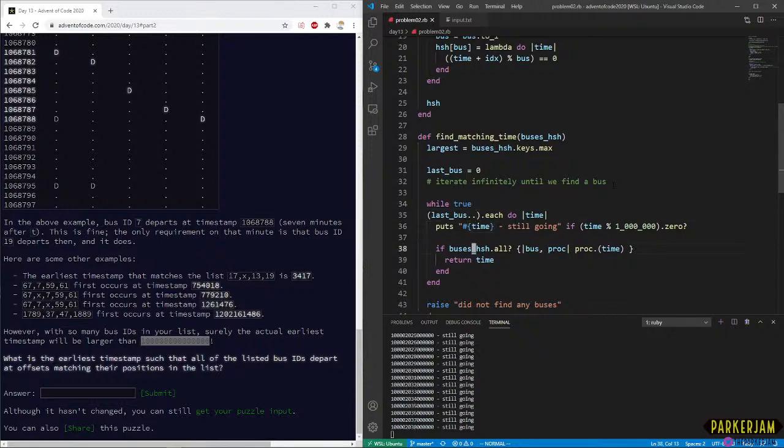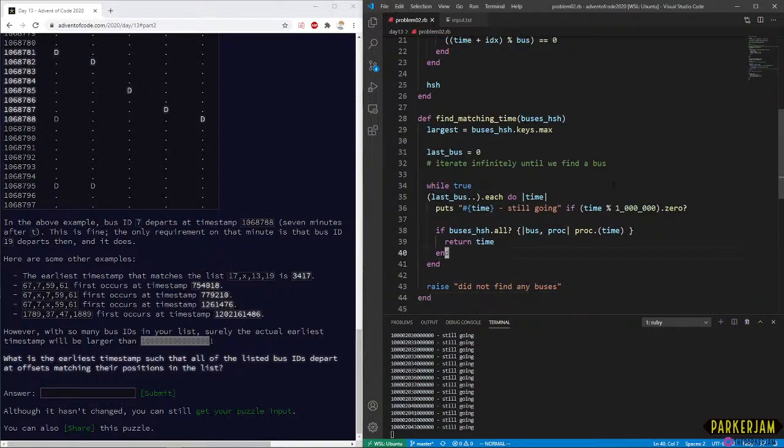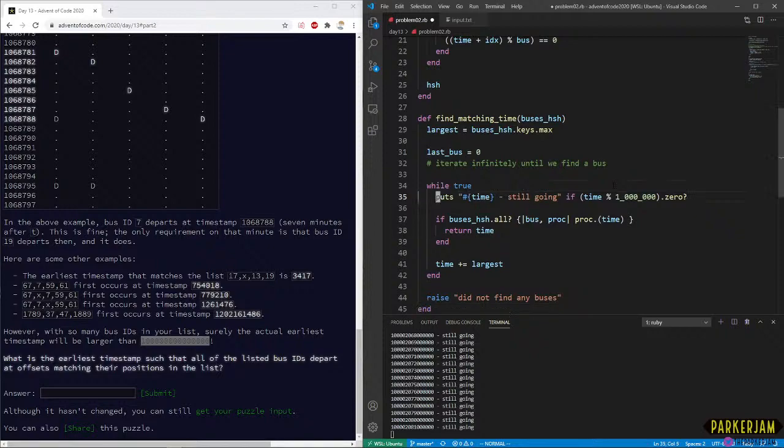Take this apart a little bit. In the end, we're gonna do time plus equals largest.